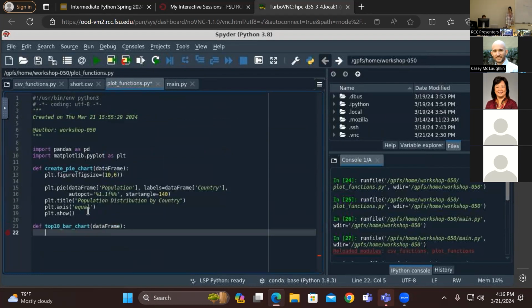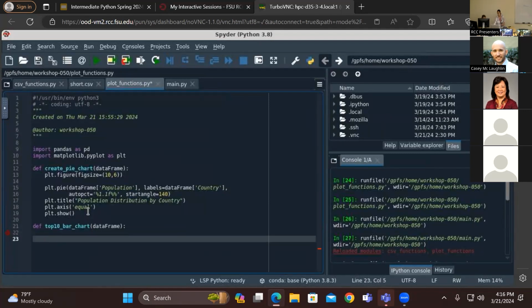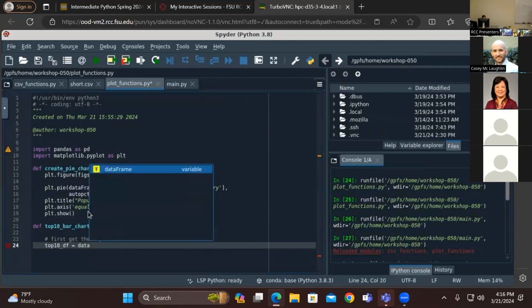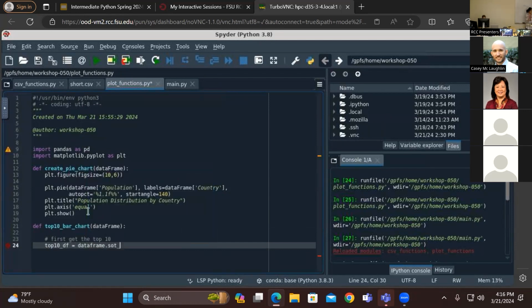And so for this, it's the same deal. What we want to do is we can do the plot figure and then plot bar and the plot show. But that will just give us the first 10 on the list. If we want to make sure that we have the